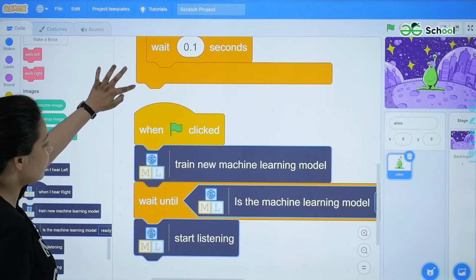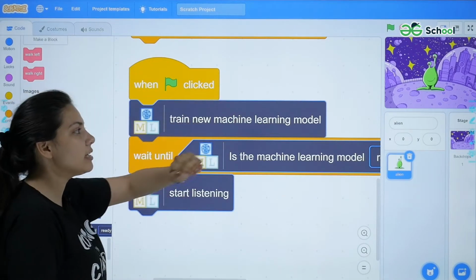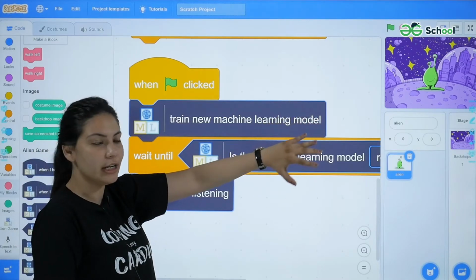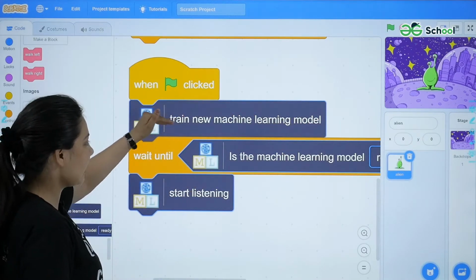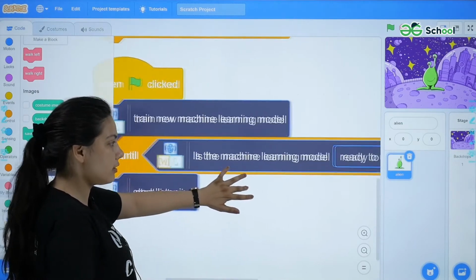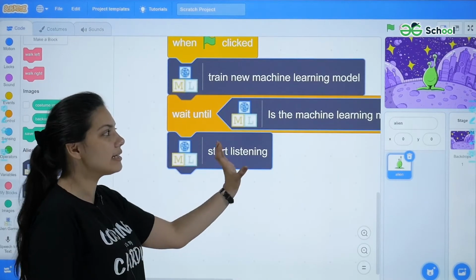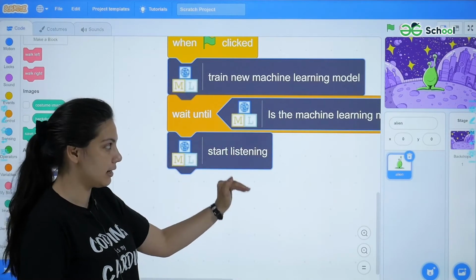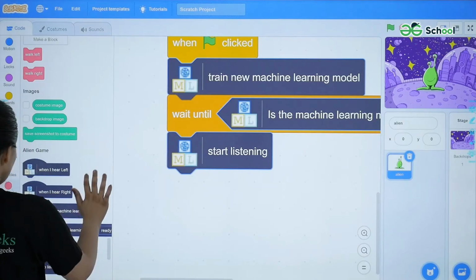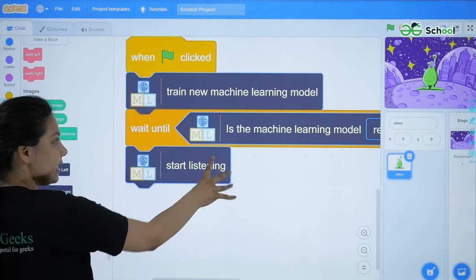So what I have done is, when my green flag is clicked, my machine learning model should get trained, and it should wait till the machine learning model has been trained and is ready to use. When it is ready to use, just start listening. Then let us continue this code after start listening.